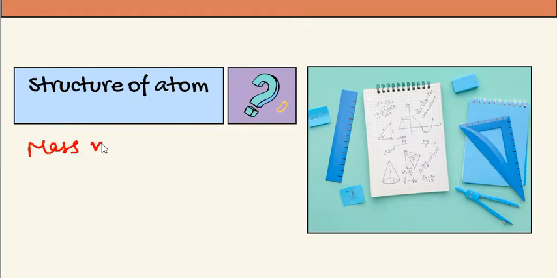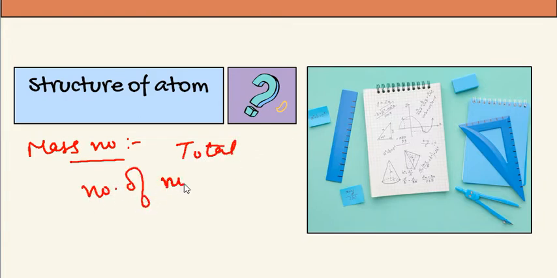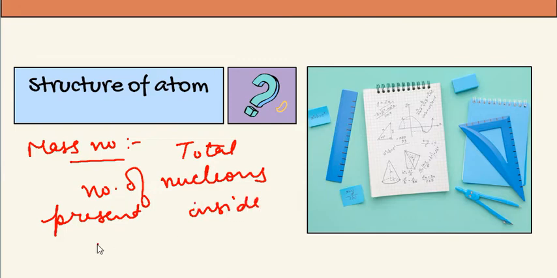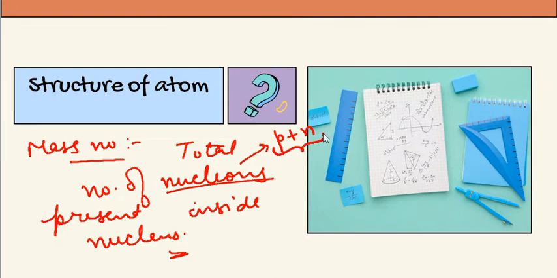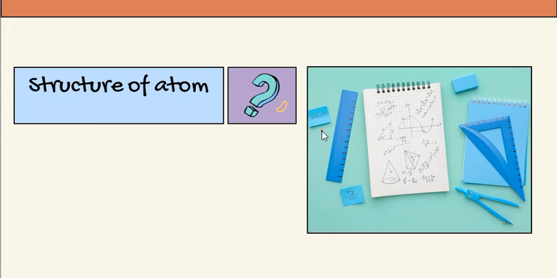Next we are going to discuss something related to mass number. What do you know about mass number? It is the total number of nucleons present inside the nucleus. Again, what do you know about nucleons? Nucleons is the collective name we use for protons and neutrons. Whenever we indicate protons and neutrons all together, we denote them with the name nucleons. So this is all about the structure of the atom, which we have studied in the junior classes.